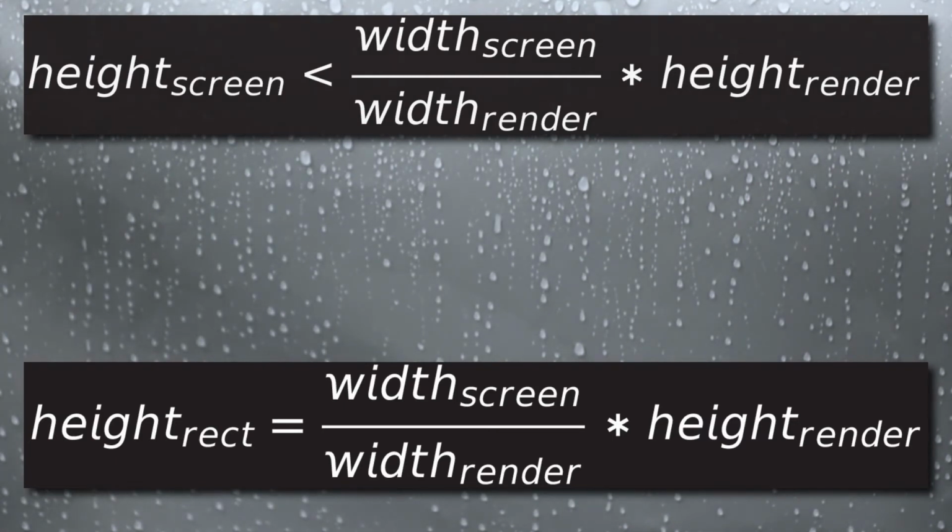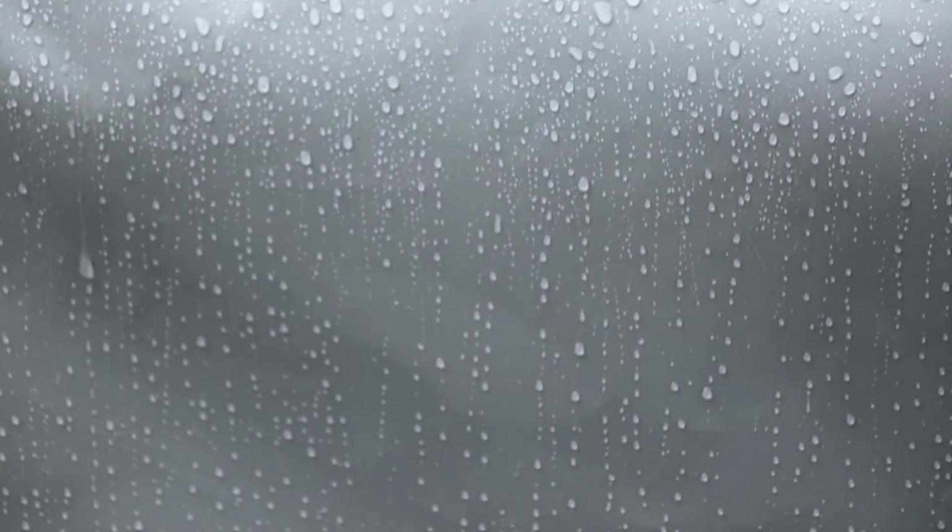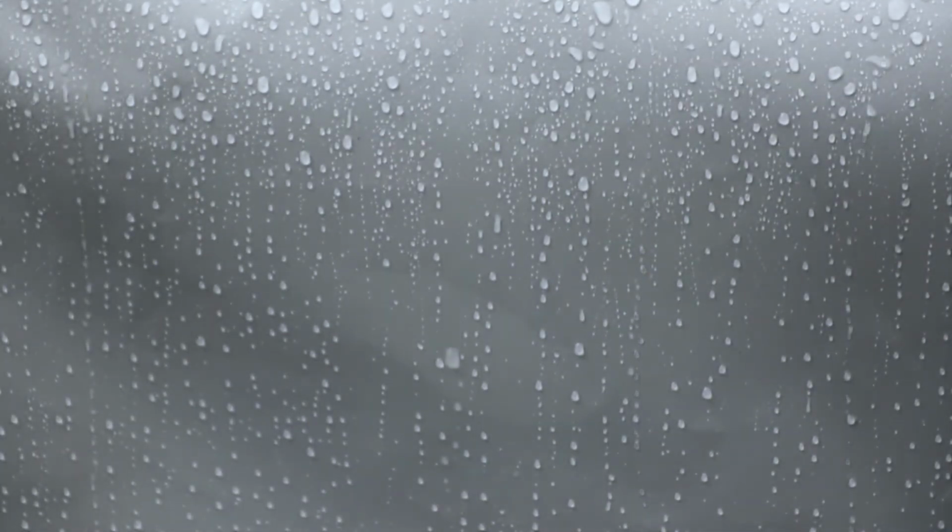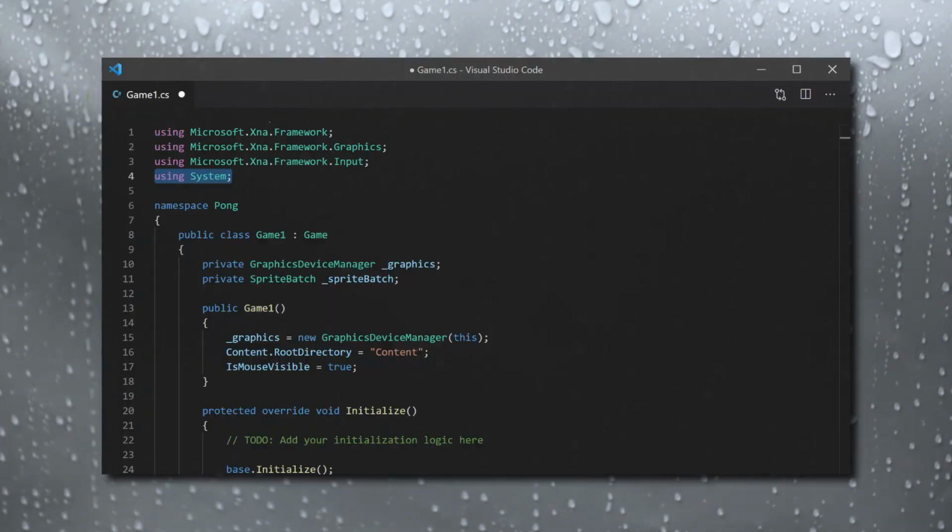Easy peasy. Now that we have a resolution we want to target and understand what the game class wants from us, let's get something running. At the top, make sure you add the system's namespace to your using statements. This namespace houses a lot of standard classes that are commonly used by Mono and .NET projects.